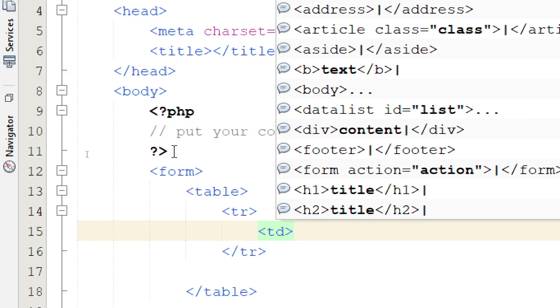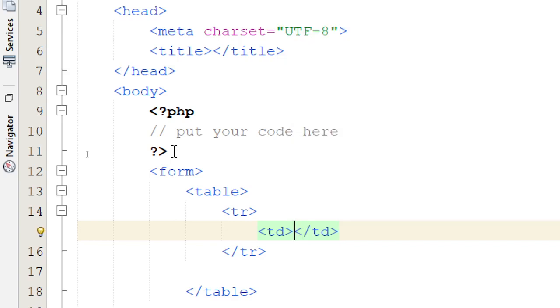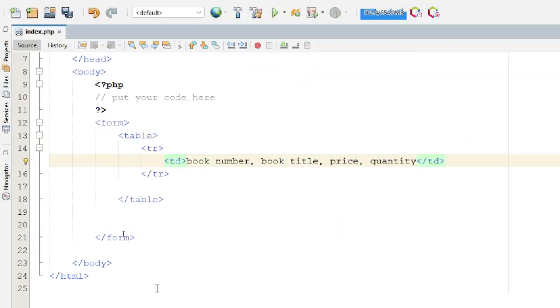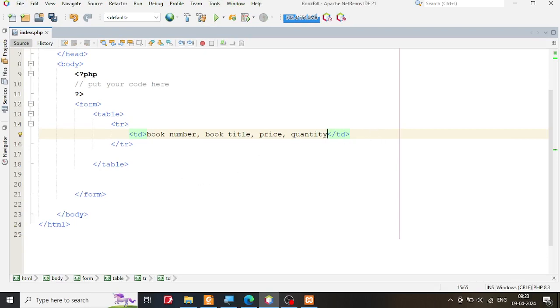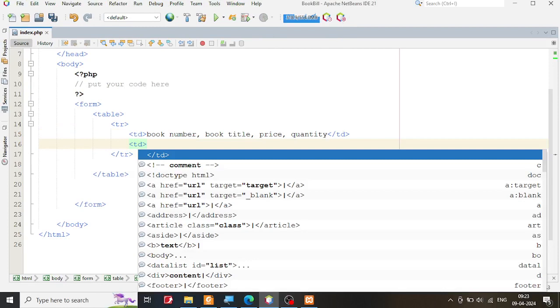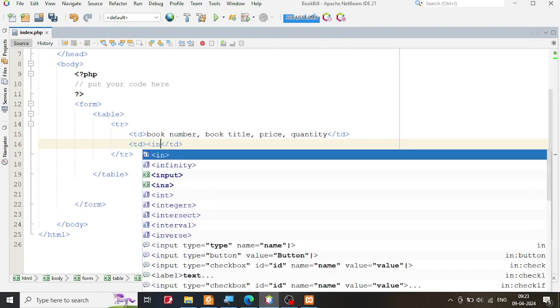So I'm going to say td and td, and in the first column I'm going to paste whatever I've copied from there. The first column will be book number, and I'm going to make the correction later. And I'm going to use the td one more time, and I'm going to say input,